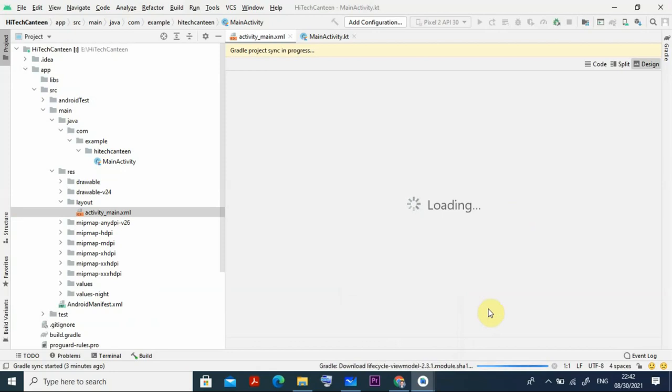Because once you are going for a project, the Gradle build will arrange everything related to that, then only they go for that. It is not like creating a folder, where you create a folder and you can put anything. Whenever we are creating a project, all the things related to that will be there by default, available with you. That is the beauty of Android Studio.